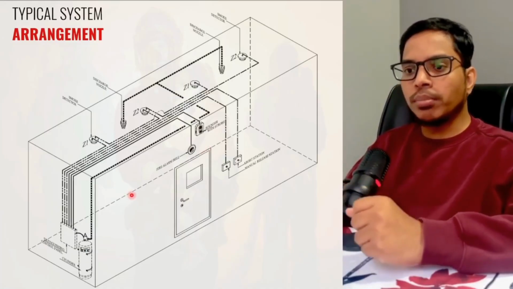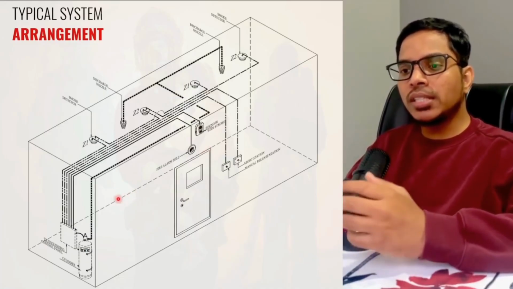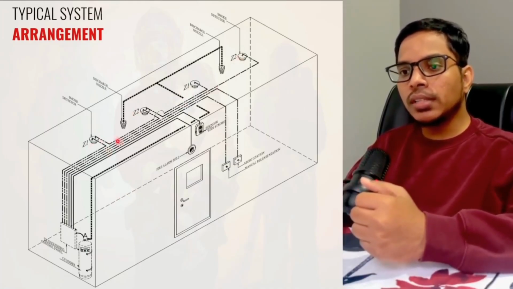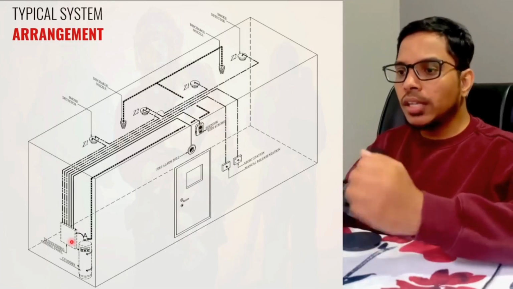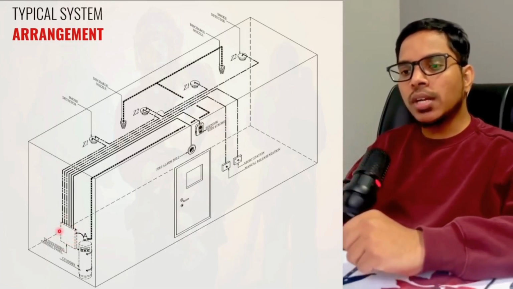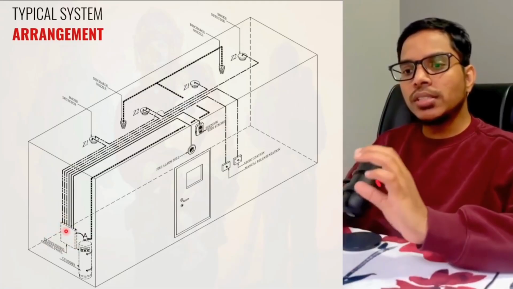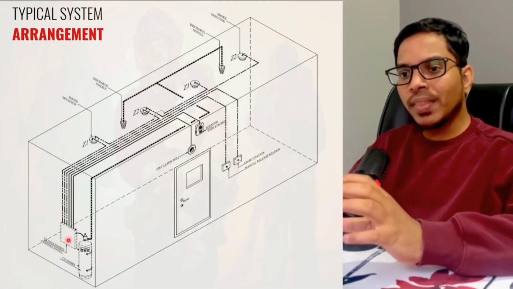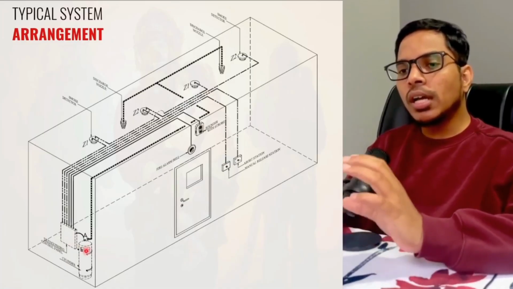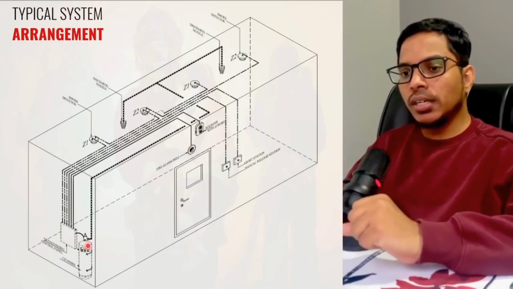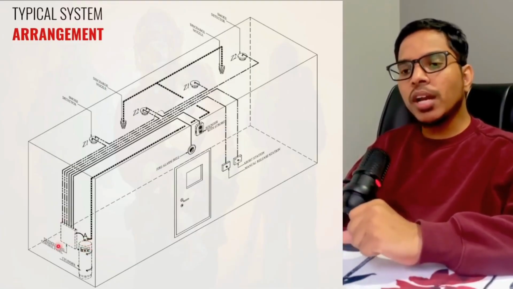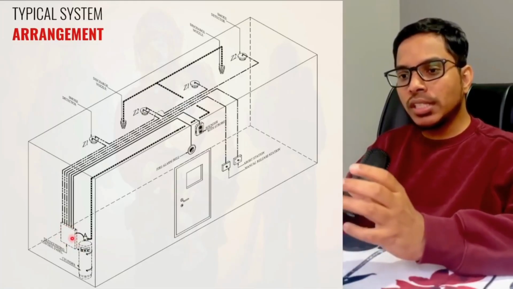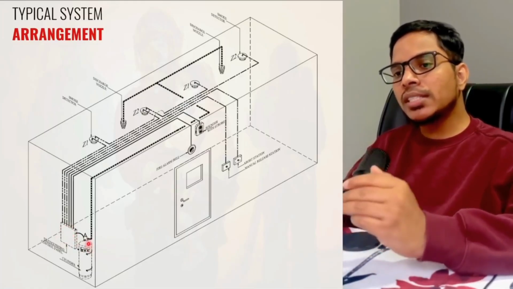So for example, if a fire is detected inside the room by smoke or heat detectors, the signal goes to the releasing panel. This will start the pre-discharge sequence. What does it mean? It means once the signal is detected, the agent will not release from the cylinder. Why? Because as per NFPA 2001, there should be a time delay of 30 seconds before the gas is discharged